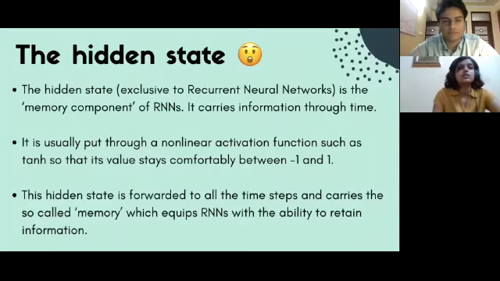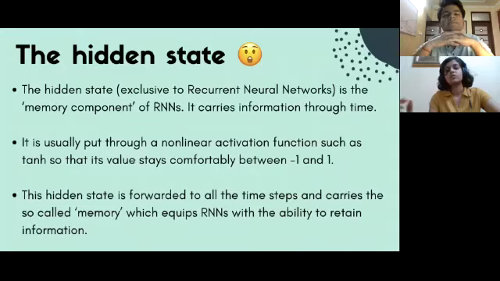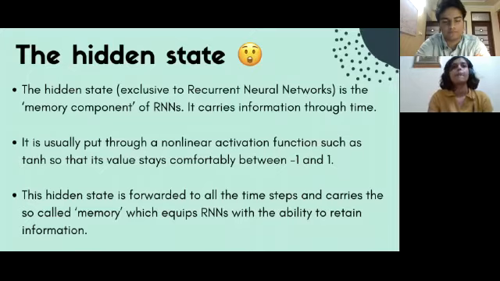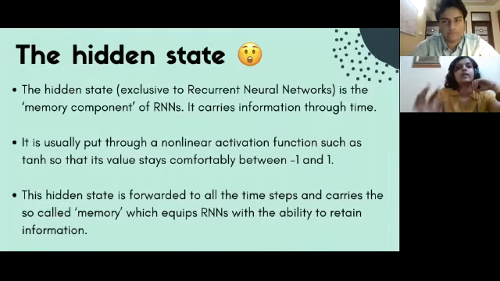So here it says that it's put through a nonlinear activation function. What is this nonlinear activation function? In our case, it is tanh, which basically squishes the input values into a range between -1 and 1. Why? Because the model can make computations more efficiently and quickly. So for now, I've explained the hidden state verbally. Let's move on and look at the mathematical functions I was talking about.